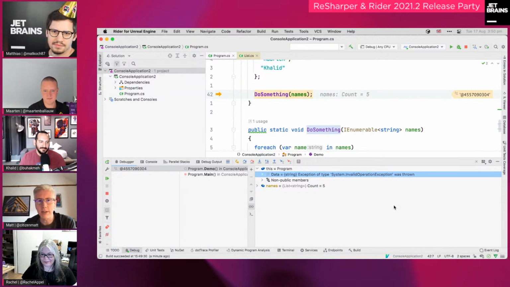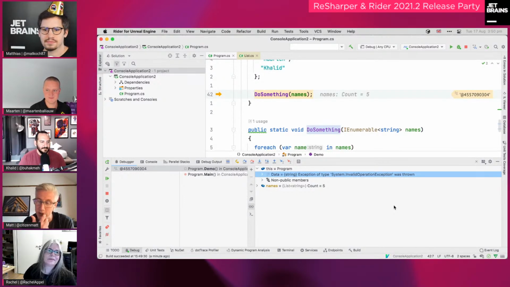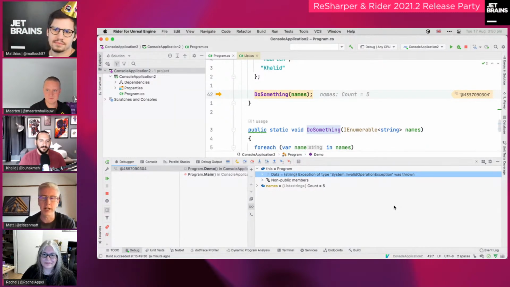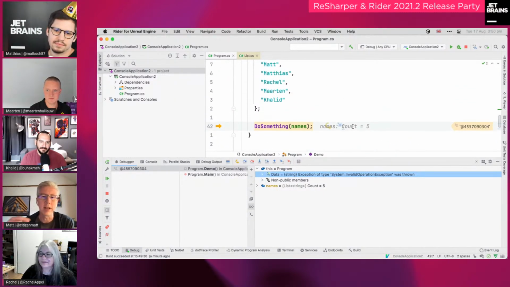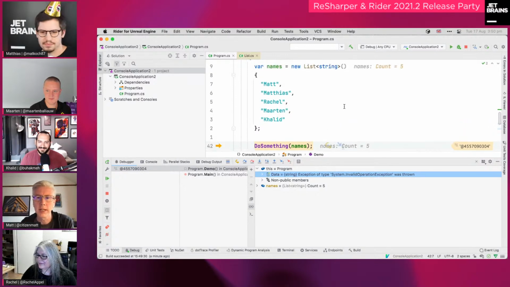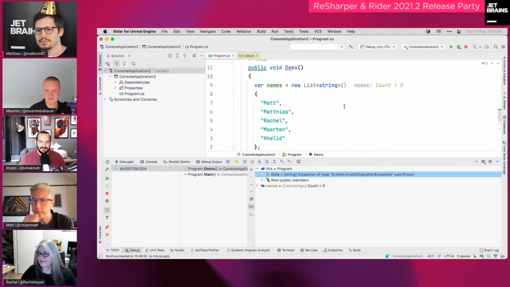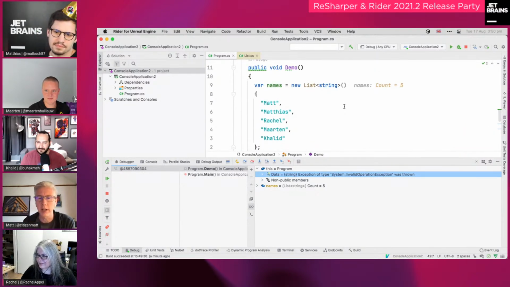The nice thing about this, though, is that Rider will do it automatically for you. So if it tries to evaluate a property or something too many times and it throws too many errors, it will automatically disable evaluation for you. So that's a nice, cute thing, which is very helpful to try and get rid of some of the noise. Second thing I want to show you is the debugger gives us a lot of information,